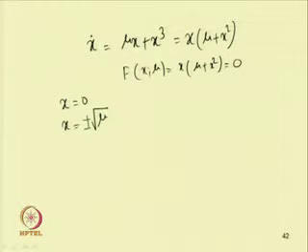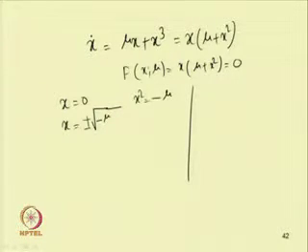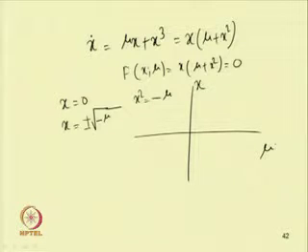So, the solution becomes plus minus. We have x square equal to minus mu. If we want to plot the solution in this x-mu plane, so this is x and this is mu. To plot this curve, for negative values of mu, this term becomes positive. So we will have 2 positive solutions and also the trivial solution.